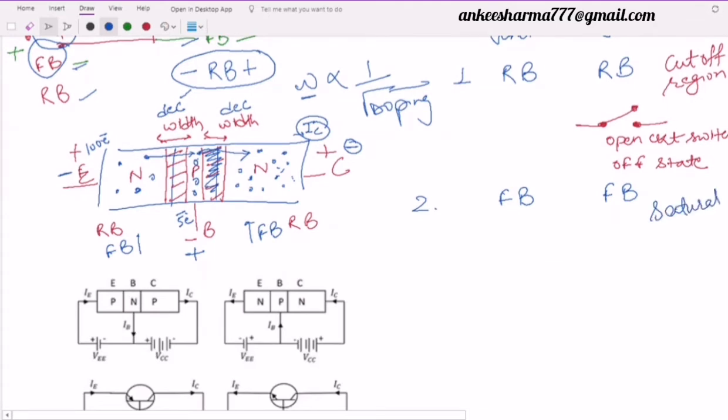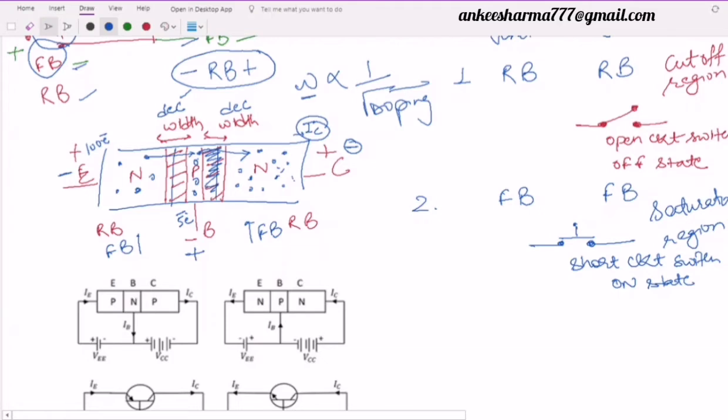So we will call it a saturation region. Now, due to this saturation region, if I consider an ideal transistor, can I say that it is nothing but equal to a short circuit? So this is the scenario where my switch is closed and it is my short circuit switch, or simply in the on state. So it means we can make our transistor operate as a switch. Simply what we have to do, if we make both the junctions reverse biased, it will be off state, and if we make both forward biased, it will be on state.